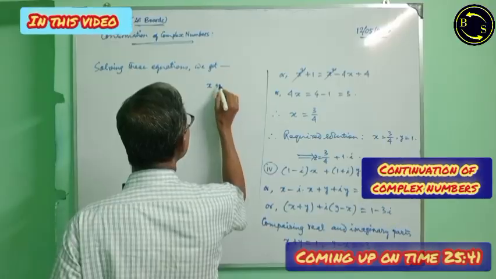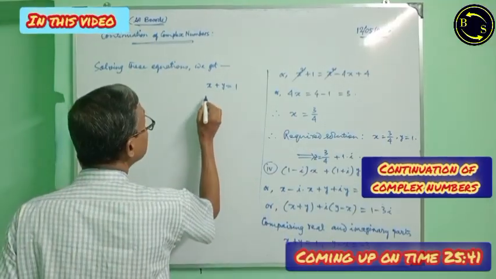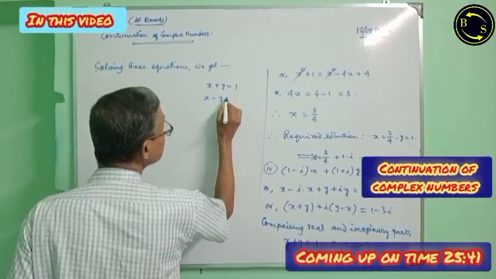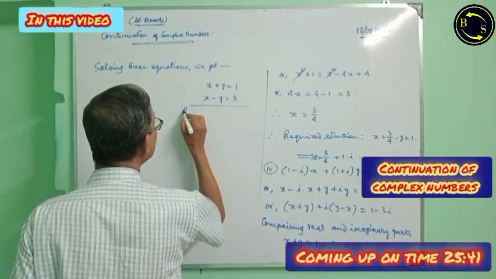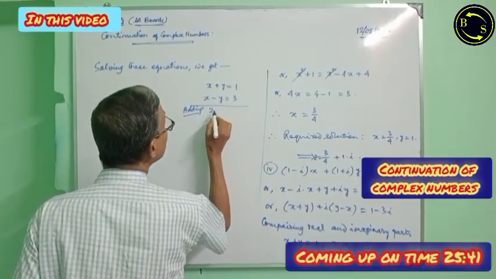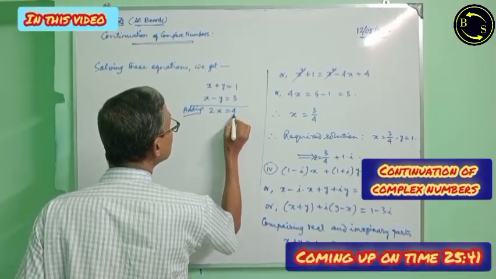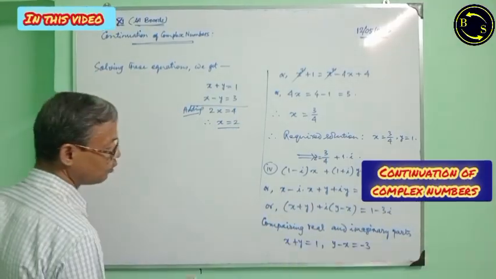x plus y is equal to 1, x minus y equal to 3. Adding, 2x equal to 4, therefore x equal to 2. Now putting that value,